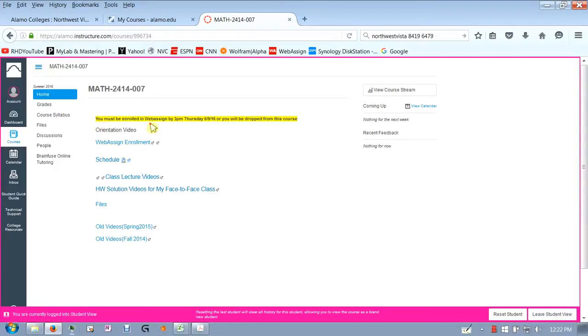There is a deadline. You must be enrolled in WebAssign. Okay, so that means that in WebAssign, you have to get in there and pay for everything. That has to be done by Thursday, June 9th. If you're not in there, then I'm going to automatically purge all students out of the roster. So that's your deadline, 3 p.m. Thursday. All right, well, I hope this is enough to get you started. Look forward to